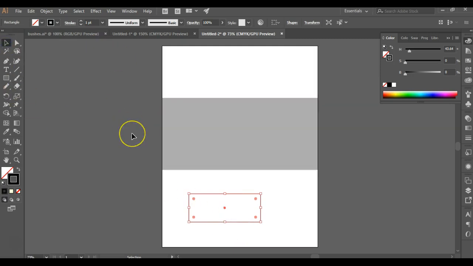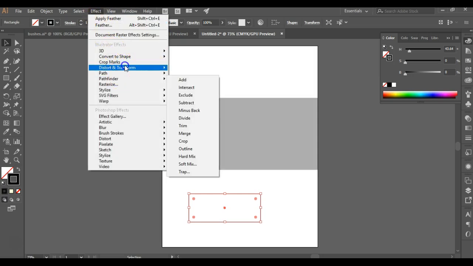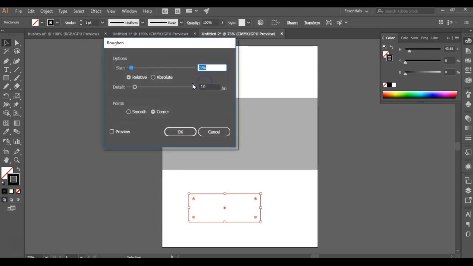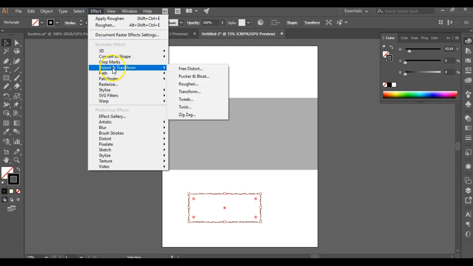It relies on what I do a lot for organic shapes, which is roughen and tweak. So I'm going to go Effect, Stylize, Roughen. These numbers are going to be different based on your particular drawings, but these are what I was using. So this number, and I go to smooth and say okay, and it just adds a little bit of squiggliness to it. Then by applying roughen again,